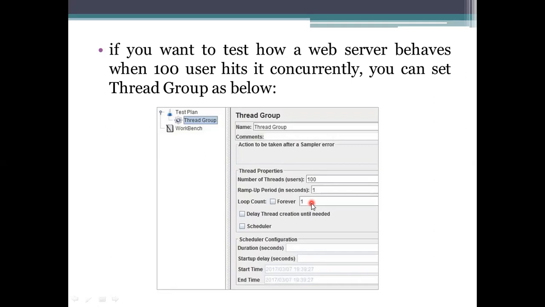So the loop count means how many times each user can connect to the system. What I mentioned here, 1, means they will connect to that system only one time.